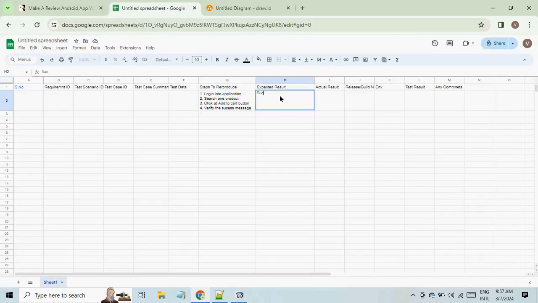So what we can say here, success message should be... See, grammar will be different. One person will write in some grammar and another person will use some other type of grammar. We don't want to think about the grammar. We need to verify the thing and concentrate only on the requirement. Okay, now expected result, what will it be? Success message should be,